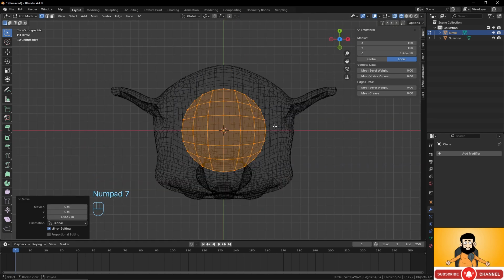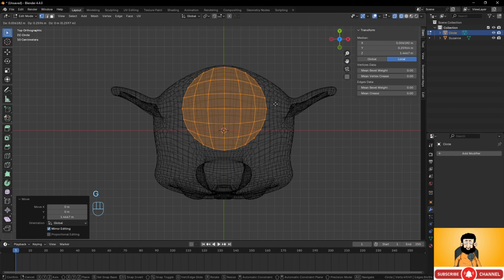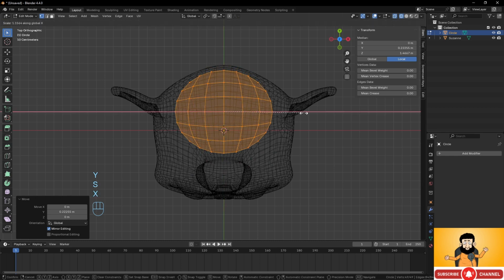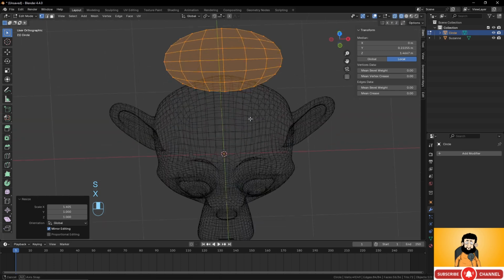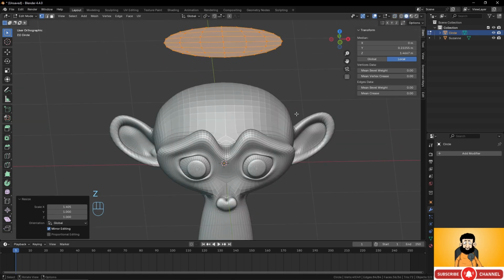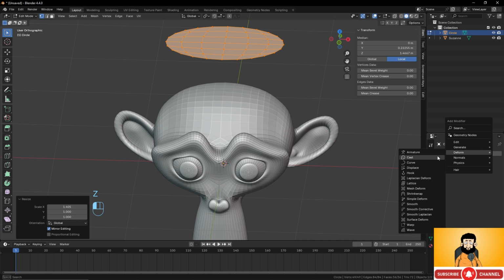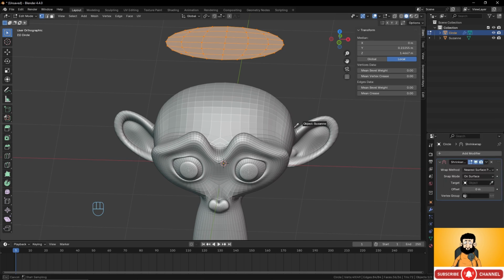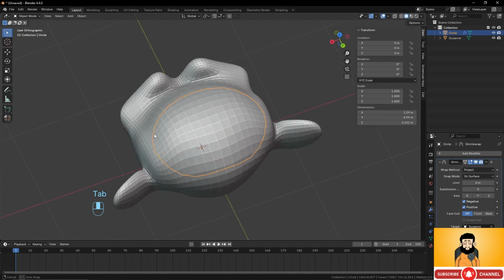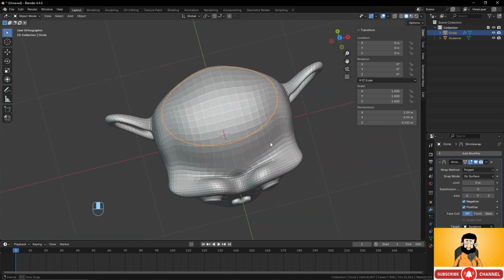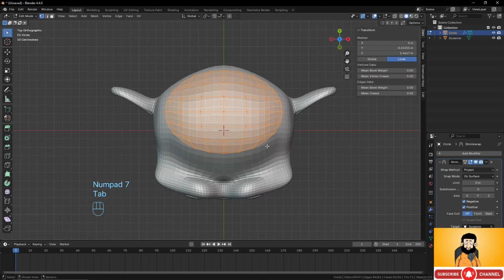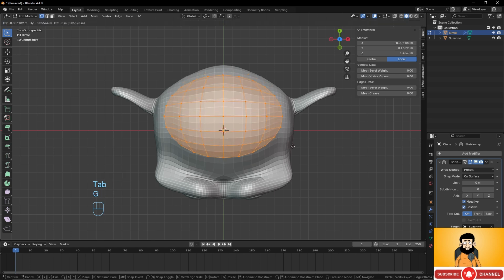Suzanne. So I will maybe want to make a hat. Okay, so I will scale like this. I will put it there, scale it on the x-axis maybe, and let's make a hat on Suzanne. Okay, so for that we'll add a modifier, the shrink wrap. We will wrap it here and we will use the project and use the negative option like this. It will be there. Okay, and now whatever thing you do to that object will stick again, except if